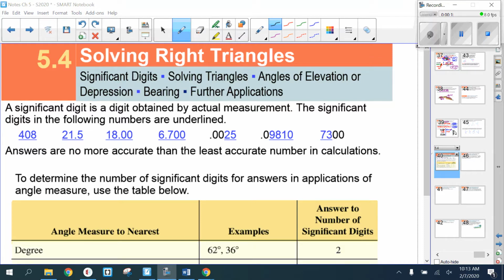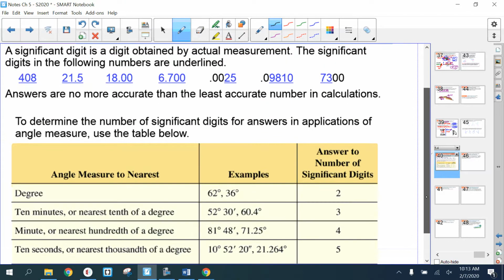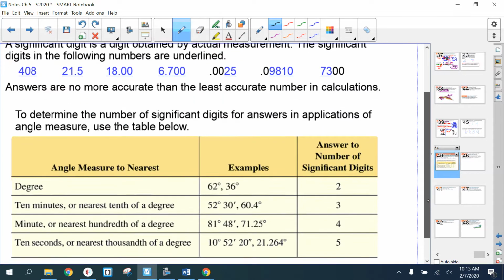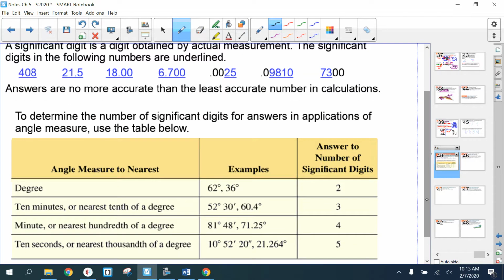Okay, so the first slide is about significant figures. You may remember this from physics class. I'm not going to make a big deal out of sig figs, but you can see some examples of 3 sig figs or 4, okay, 2, 4, 2. Basically what they used to do in the old book was